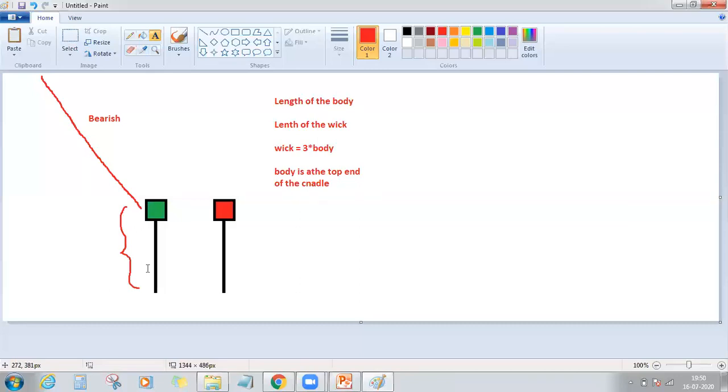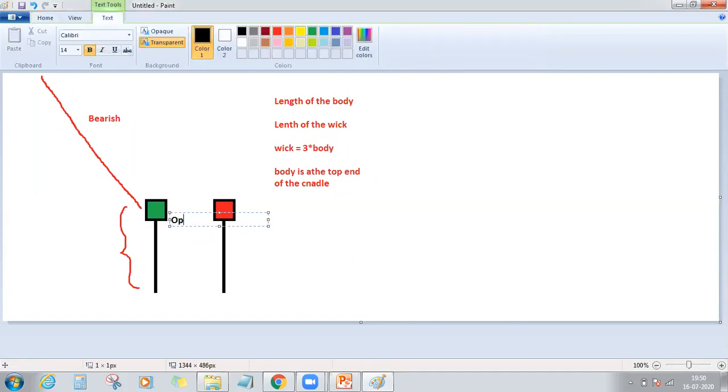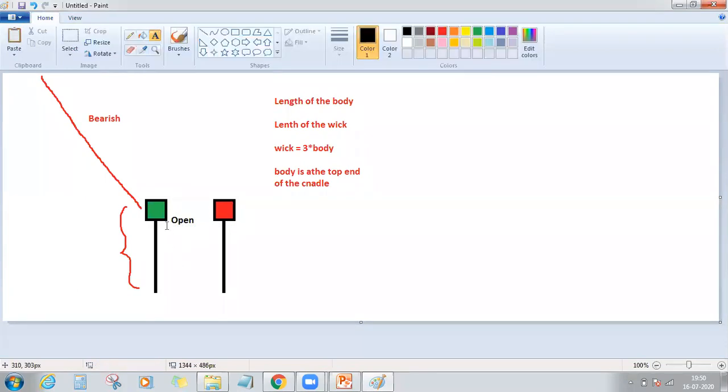And on this day, going forward I will be talking in the daily time frame only, so that we can avoid the confusion of different time intervals. But whatever candlestick patterns we see from now on, they are valid on any time frame. You have to keep this in mind. So on this particular day, price opened here, and bears are still stronger. At the opening of this session, bears were still stronger. That is the reason price fell down to this particular low.